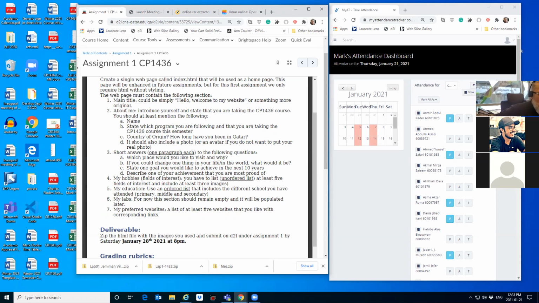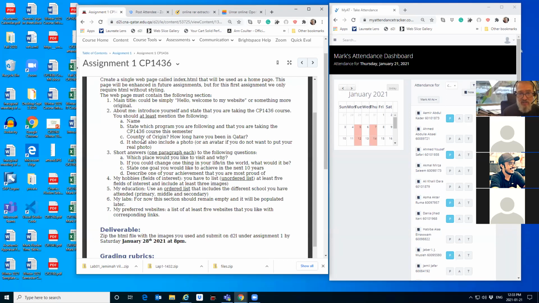Not just lists and tables, but also other elements, paragraphs, maybe even some divs. Though you might not be familiar with those things just yet, very soon we're going to be using divs and separating different elements within a web page, so that we can make them appear differently on different platforms. That's a very big part of this course. So you're going to separate your page into different things, as it says here: something about your schooling, a little bit about you, and